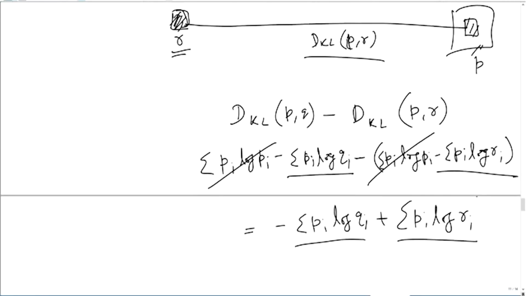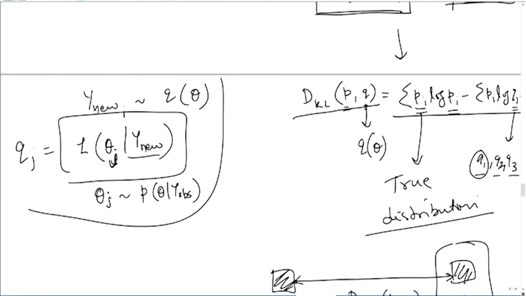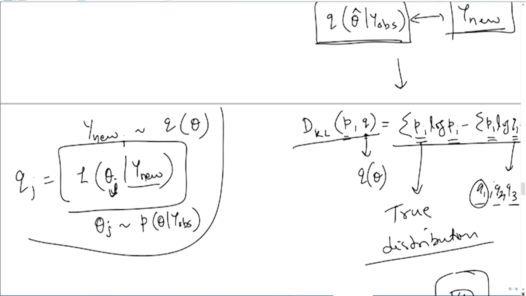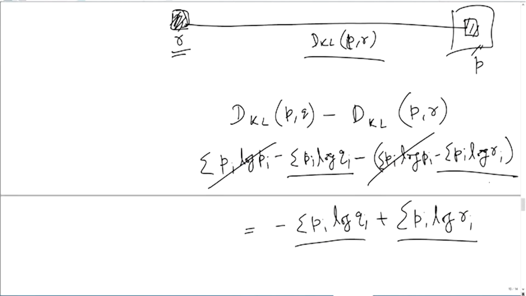When you are measuring the KL divergence between P and Q, it was Pi log Pi minus Pi log Qi, so the Pi term appeared in both. This implies the distance from Q to P and from P to Q are different, so it is an asymmetric measure of distance between P and Q. But now that is not the case. The relative distance of Q and R to P, that is, relatively how close Q is to the truth,